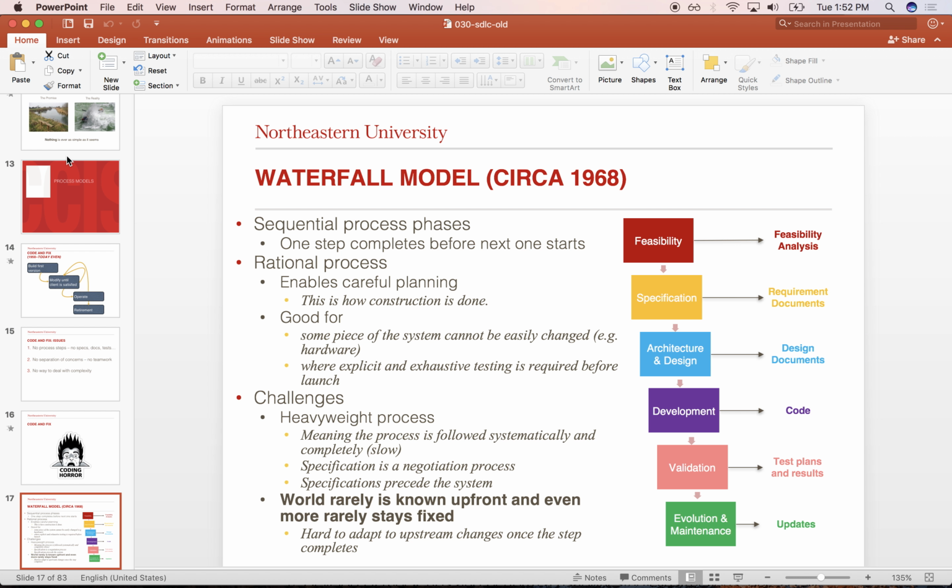So waterfall was one of the earlier methodologies proposed to deal with the complexity of large applications, and basically it applied those 5-6 steps in sequence, right? So there would be one large